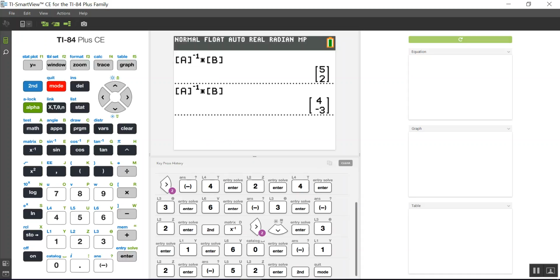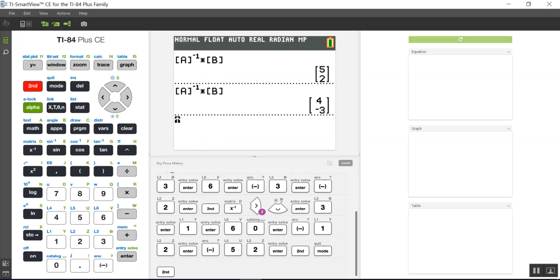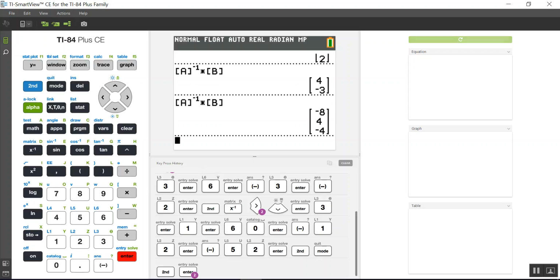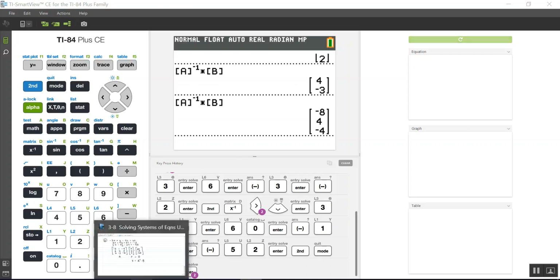And actually, I think I'm going to try a shortcut here since I'm basically going to be putting in what I put in the last 2 times. I think I'm just going to do second and enter, and that'll bring up my last entry. And it should be able to access the new values that I put into the matrix, and hit enter again. And there's my solution. The matrix -8, 4, and -4,